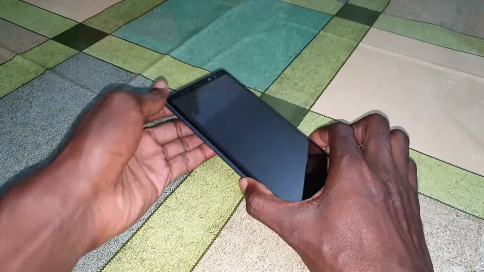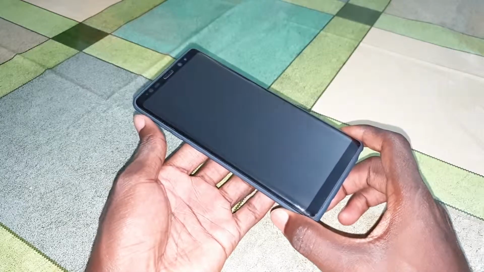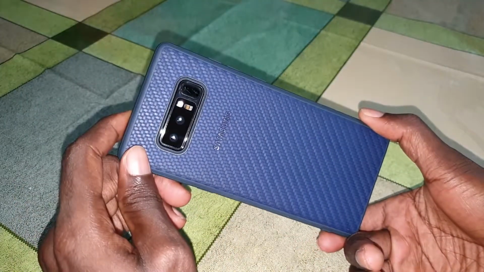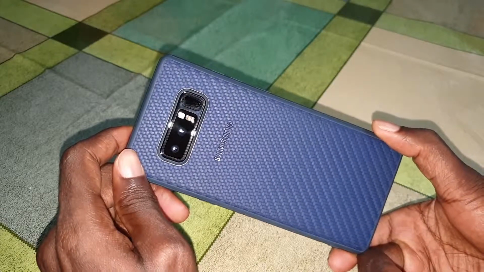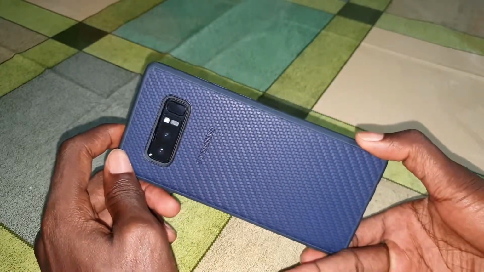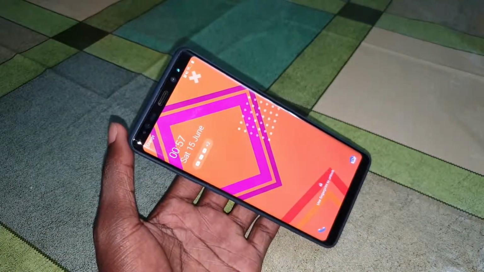Today I want to show you how to install one of the best camera applications for your Samsung Galaxy Note 8. You can also do the same action for Samsung Galaxy S9, S9 Plus, S8, S8 Plus, S10, S10 Plus, and all phones in the world, okay?